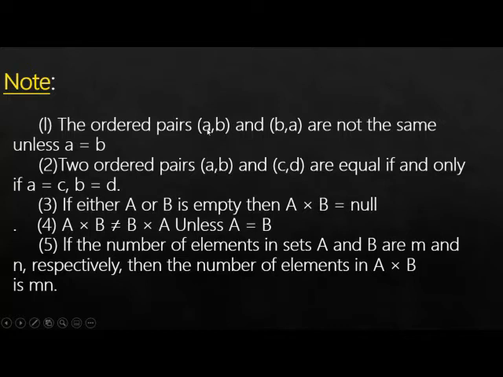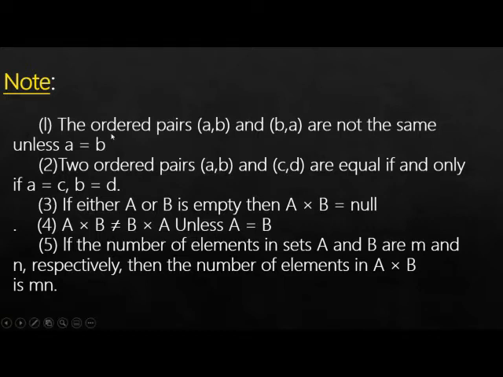It means that whenever we have two ordered pairs in which the first element is A and the second is B, the first component belongs to the set A and the second component belongs to the set B. In the same manner, in (B, A), the first belongs to the set B, but the second belongs to the set A. So (A, B) and (B, A) would not be equal. Why? Because in this case we have the first component from A and the second from B, and in the other case we have the first from B and the second from A. So this ordered pair is from A to B, or A cross B, but that ordered pair is from the Cartesian product B to A, or B cross A.